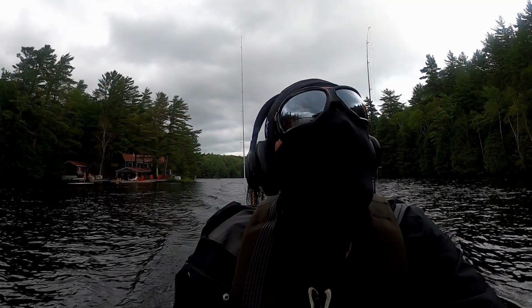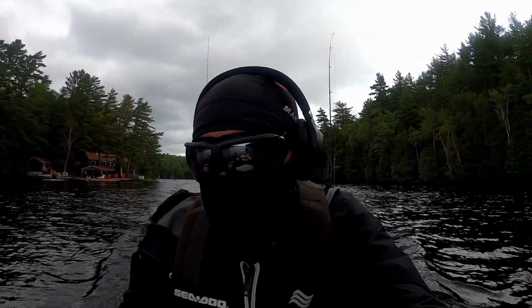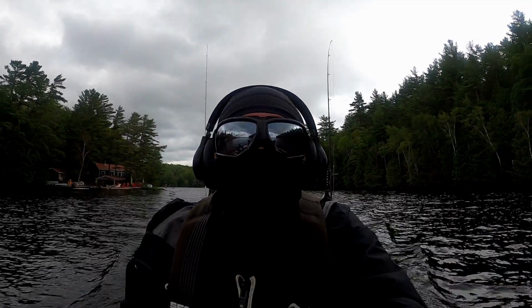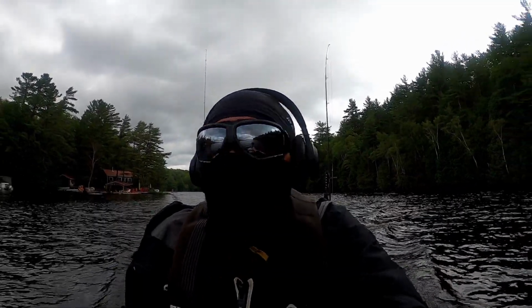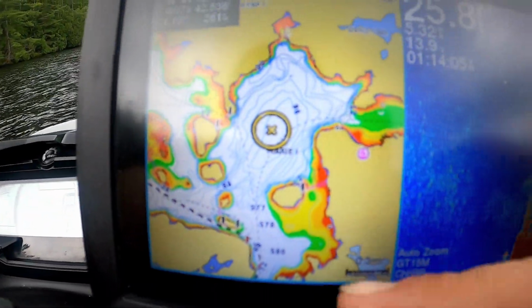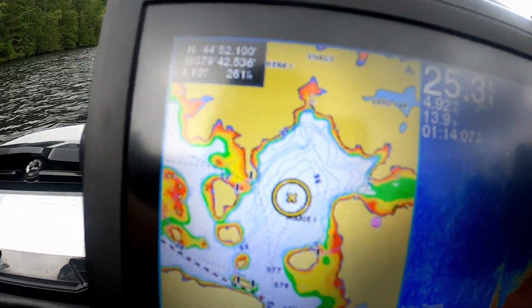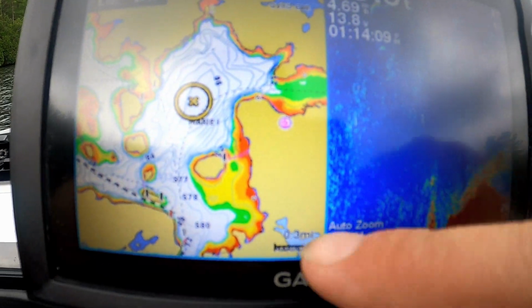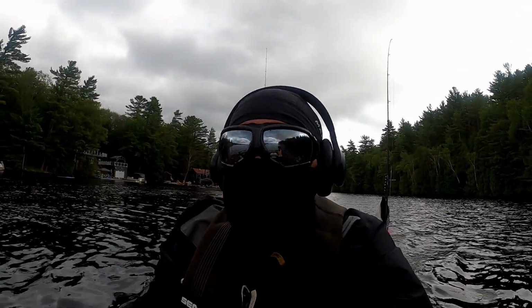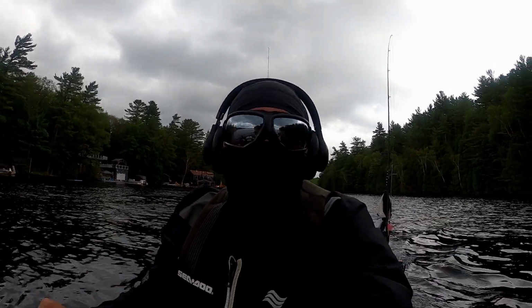Alright, we're making our way, oh, it's spitting on me now. It was about time. We're making our way out here. We're about to hit Gloucester Pool or whatever this is. Now, typically, what we do is we go left here towards 45, but what I'm going to do now is I want to come up here and go in that way a bit and see if I can get to White's Falls,